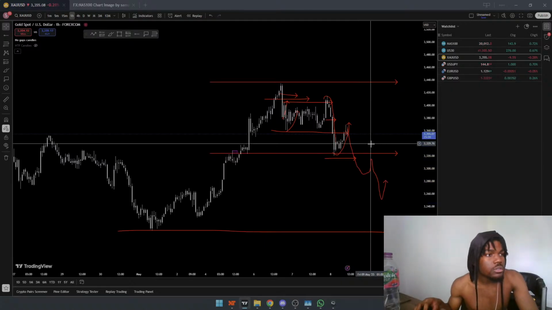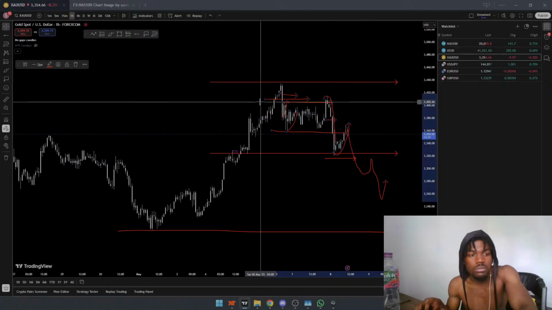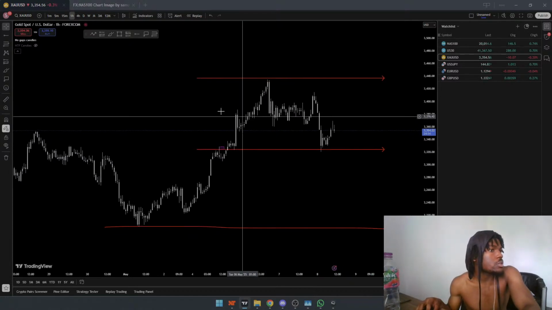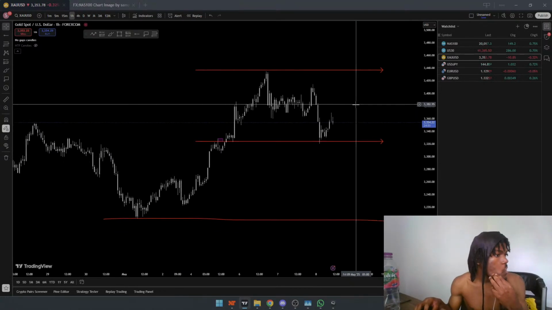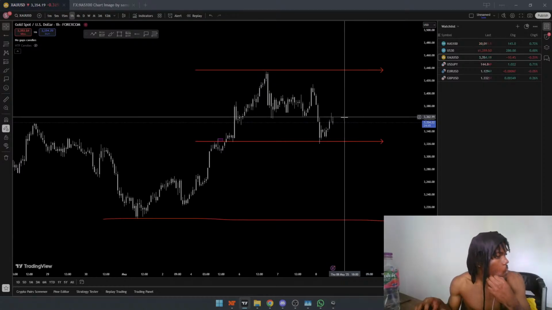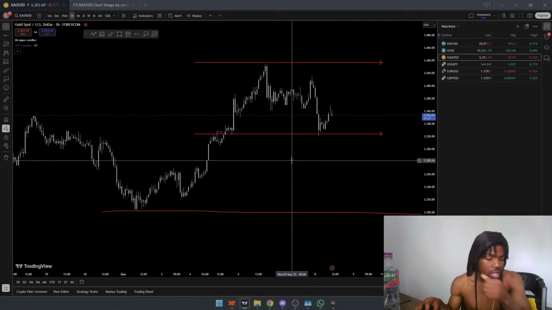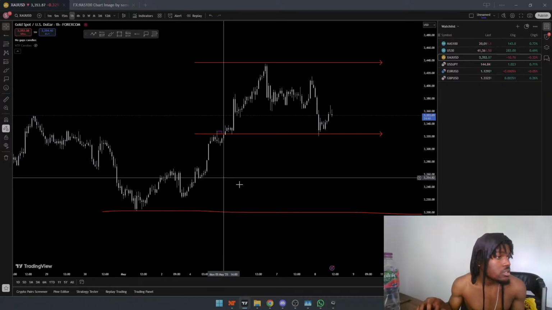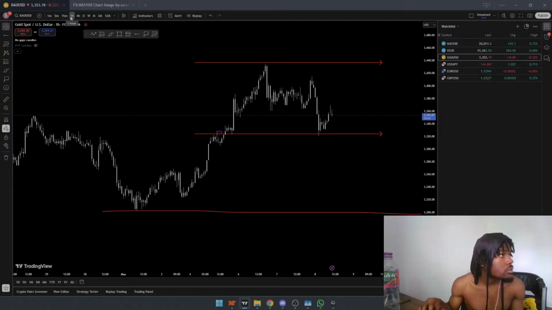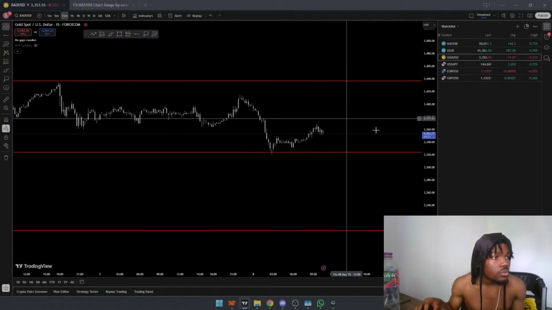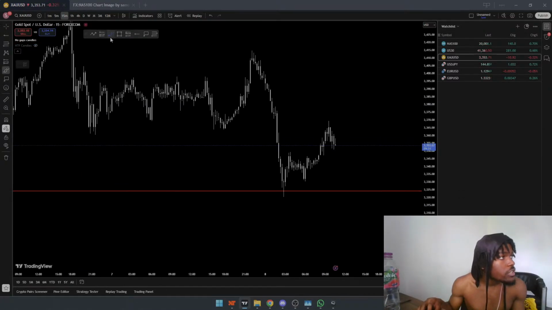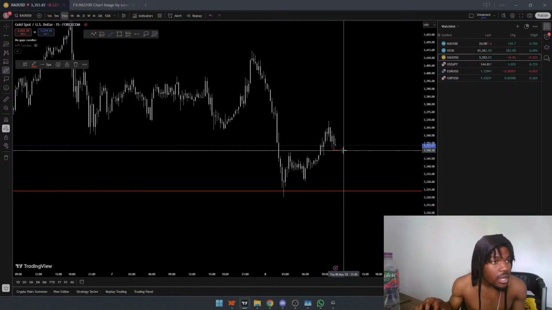Let me remove this shit though. This is top and bottom. Alright, cool. So if there's any area I'm looking at, it's just lower prices. I just want lower prices. I'm not looking to engage anywhere up here on the 15, on the 1 hour. But if we're on the 15-minute now and I was looking to scout,